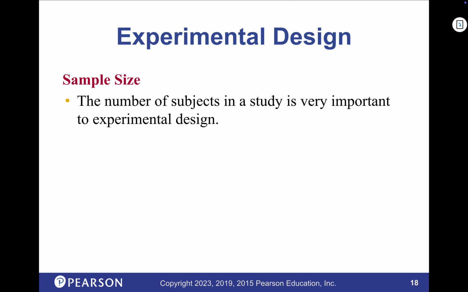Sample size is important. Okay, how big of a sample we get, generally the more you have, the better. Although there are some things, like some research that Facebook did, where they had too much data. Sometimes you have too much data, and you can almost say anything about anything, depending on the way you analyze it. So you don't want to have too much, but you also don't want to have not enough. So if I want to study the effect of a vaccine, would it be enough to get just two people, give one the vaccine and one not the vaccine?